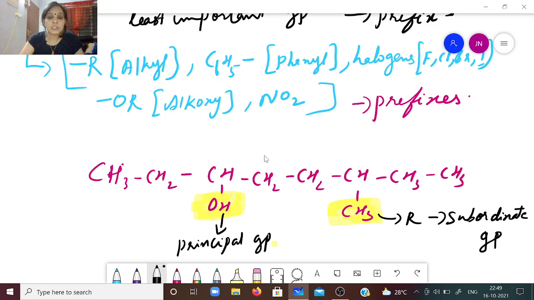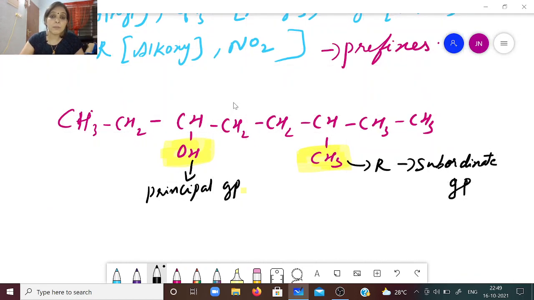So the principal functional group is more important, and the principal functional group should be given the least number. So I should count it from the left side: 1, 2, 3, 4, 5, 6, 7, 8. So the parent chain contains 8 carbons and there is a principal functional group, alcohol, which will be the suffix because